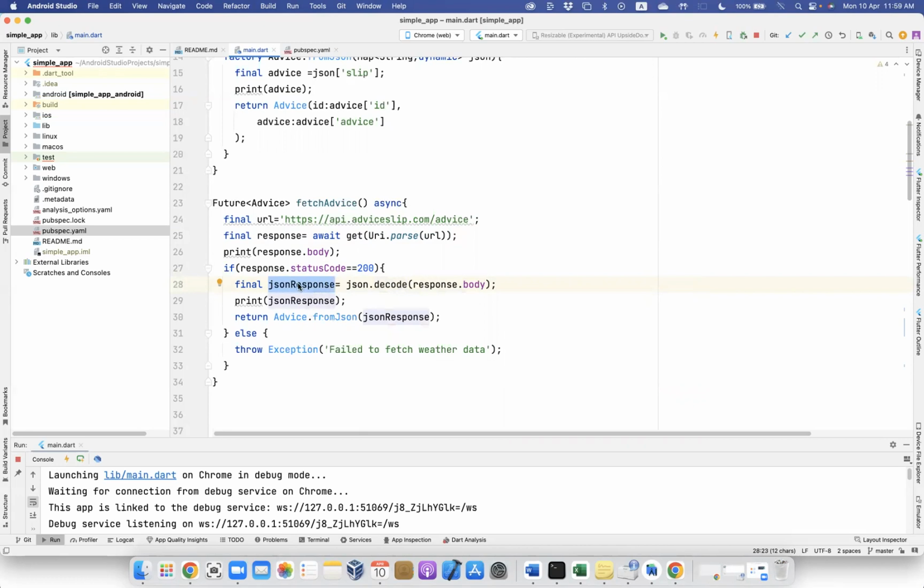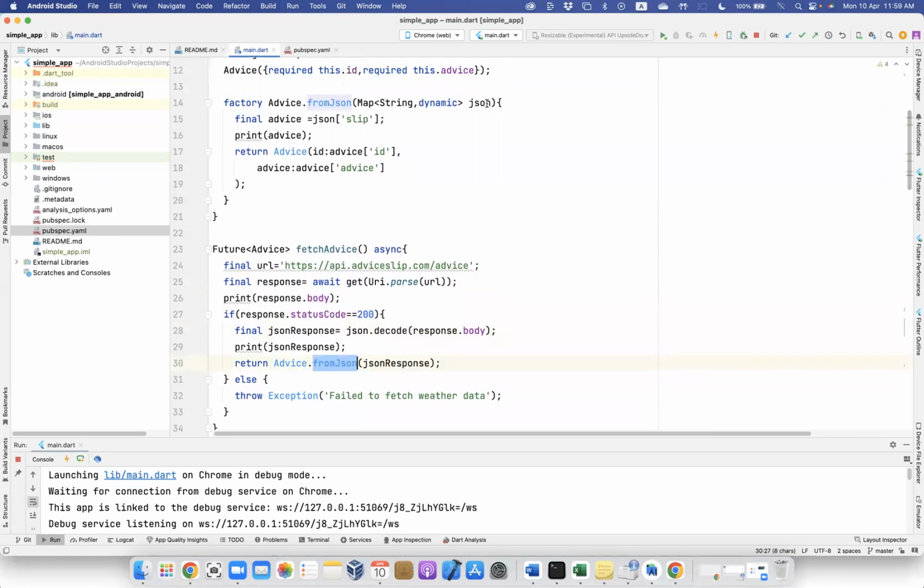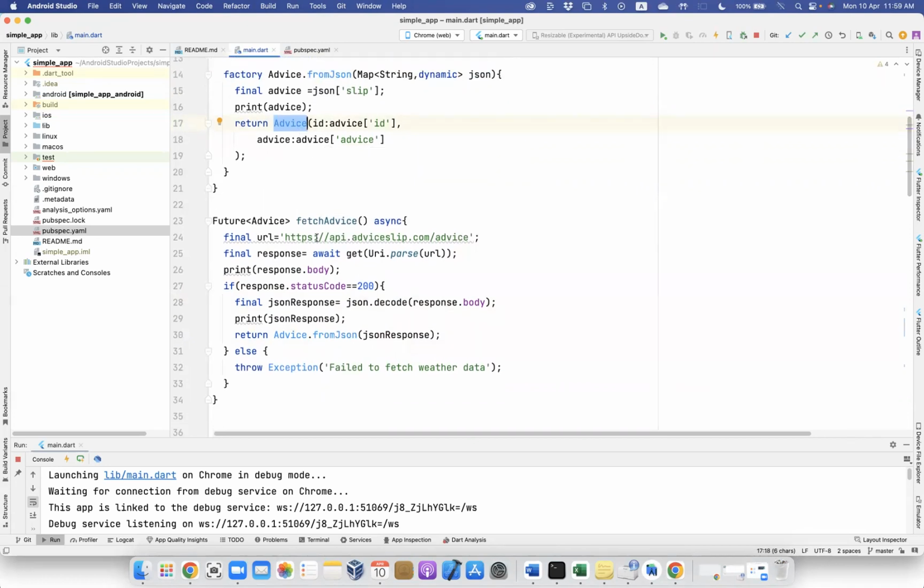Then this JSON data that we get, we can give it now to our function fromJson. fromJson will take this JSON data and give you back an object that you can now show on the screen, or you can just do whatever you like. So return fromJson response. We get the JSON response, we give it to fromJson, and it will give you back an object